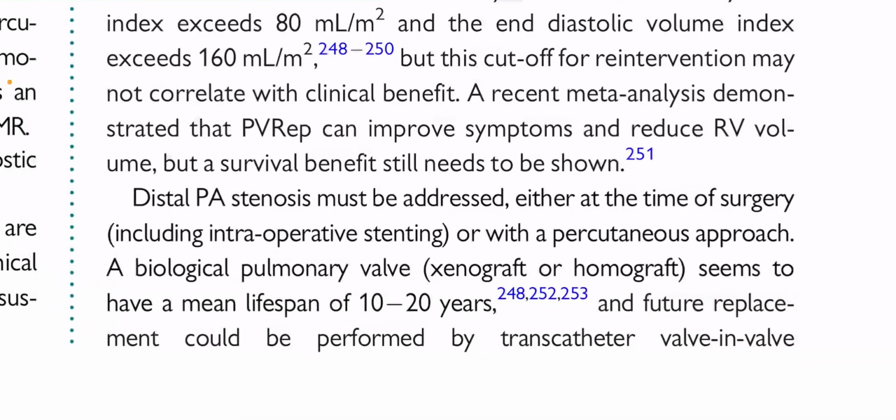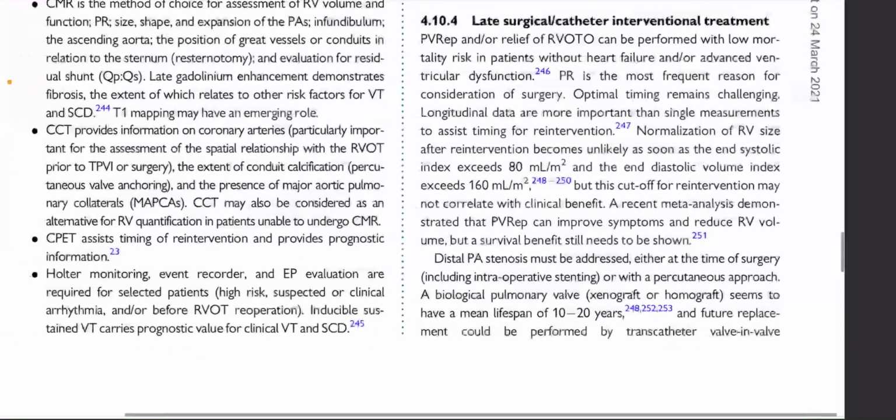Distal pulmonary artery stenosis must be addressed either at the time of surgery, including intraoperative stenting, or with a percutaneous approach. A biological pulmonary valve, xenograft or homograft, seems to have a mean lifespan of 10 to 20 years, and future replacement could be performed by transcatheter valve-in-valve